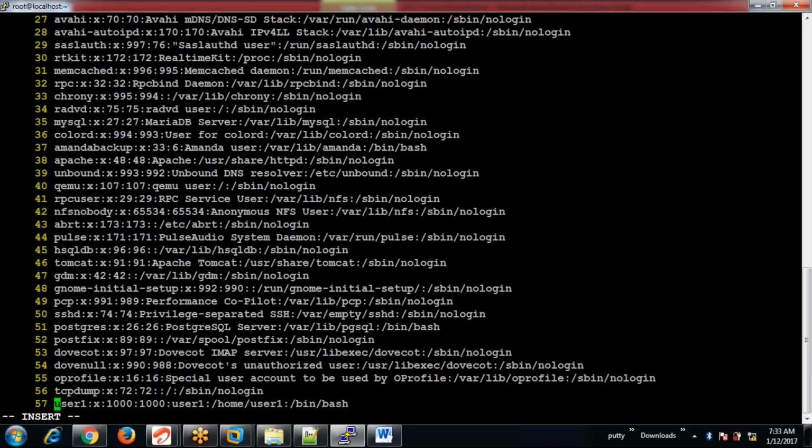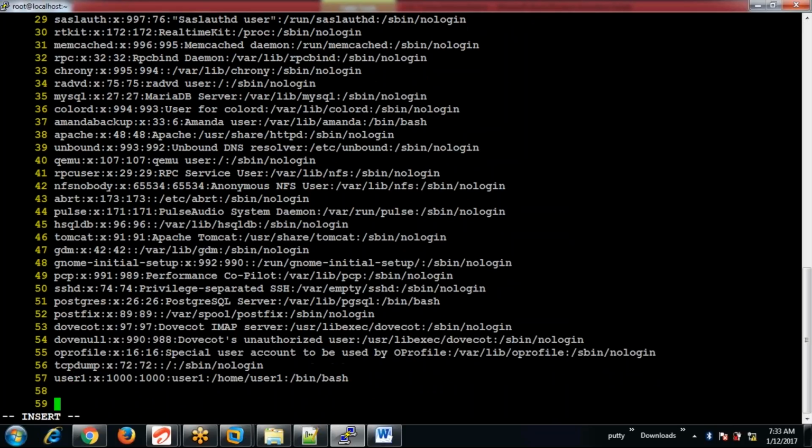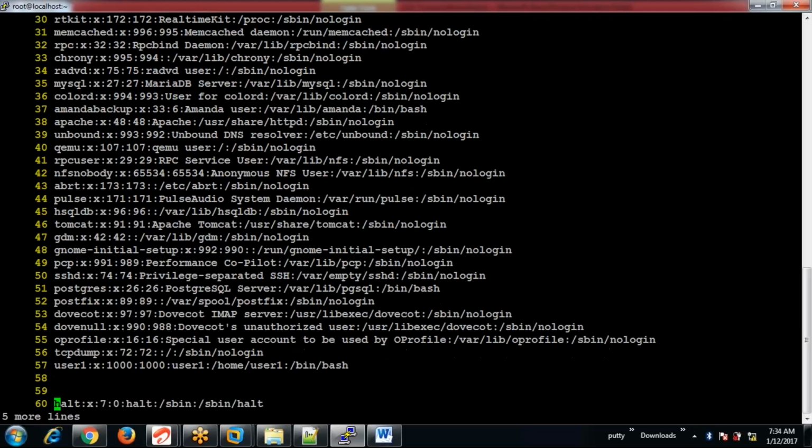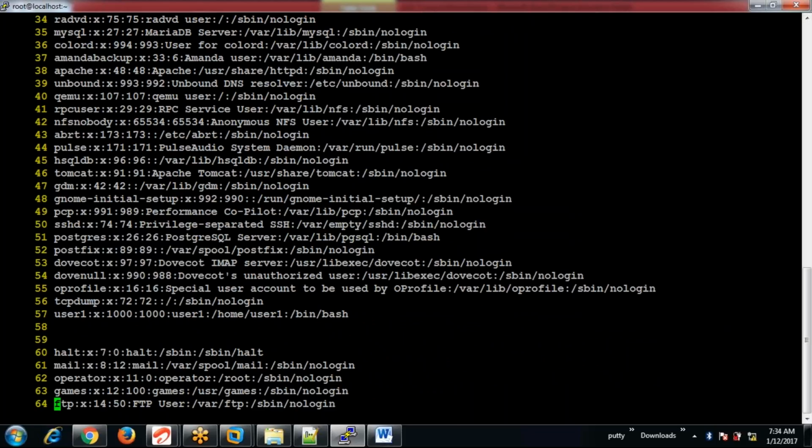I'm getting into the last line of the file and I'm pasting it here. So the 5 lines have been pasted.